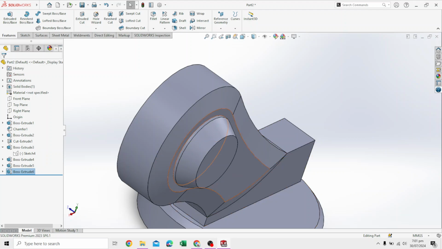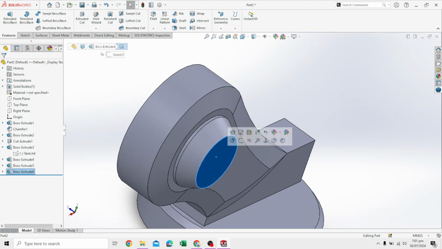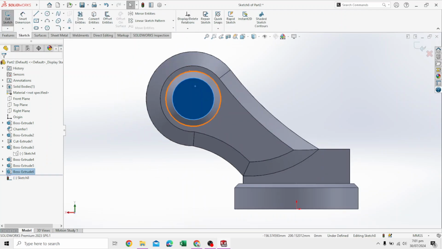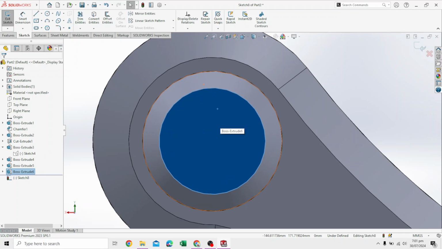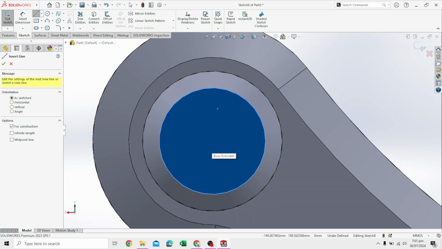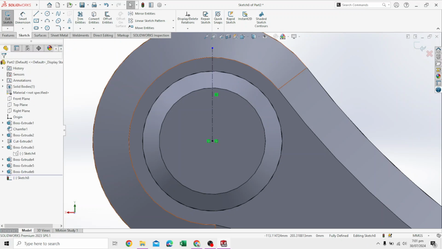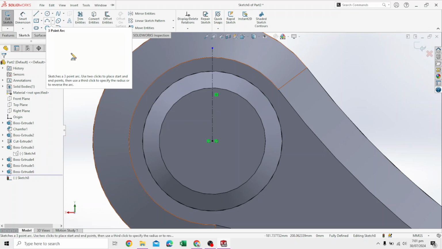Okay, in this part we will basically sketch on this surface. What we will sketch is first a center line, and on the center line draw one here up to here, that's all we need. Press escape, take the 3-point arc,